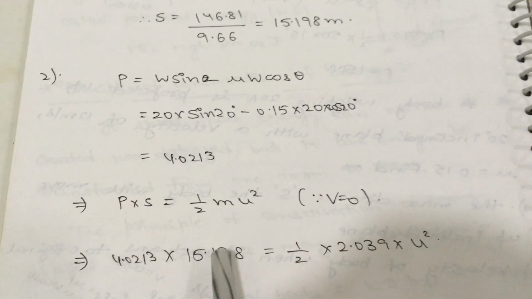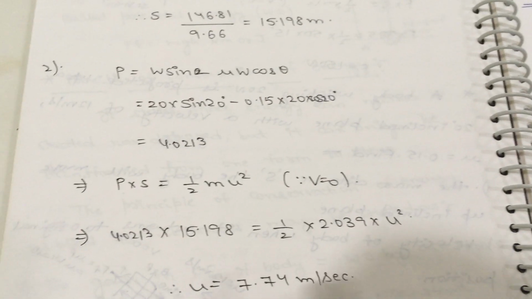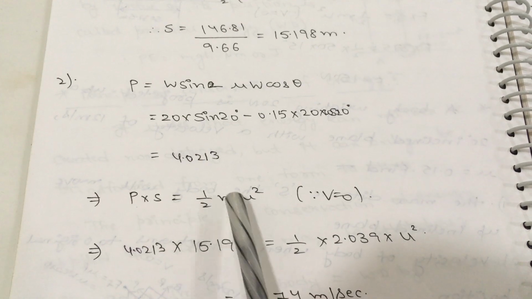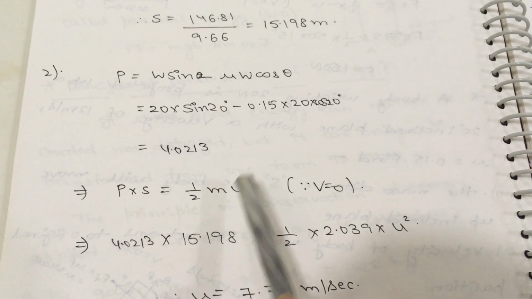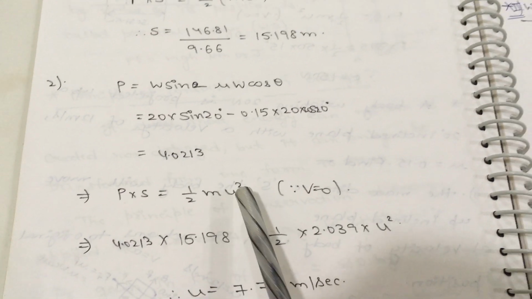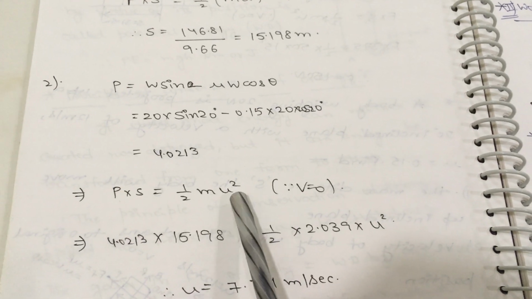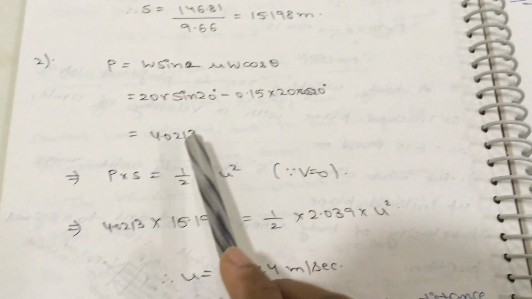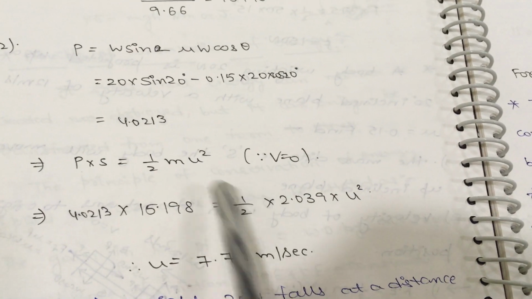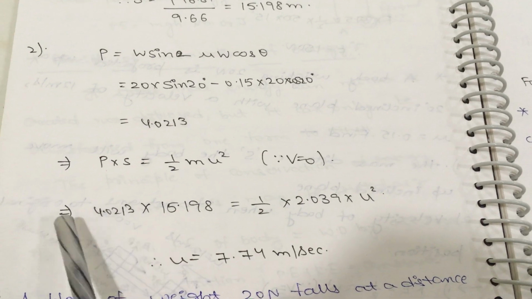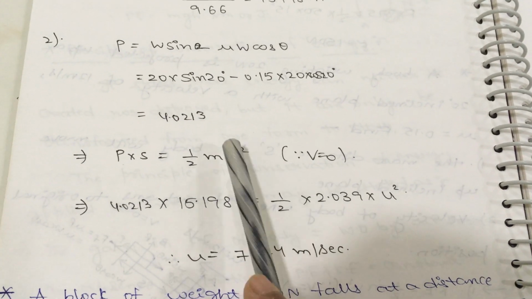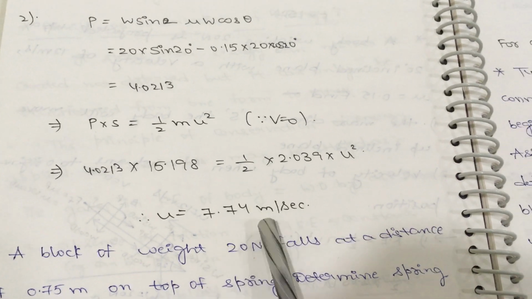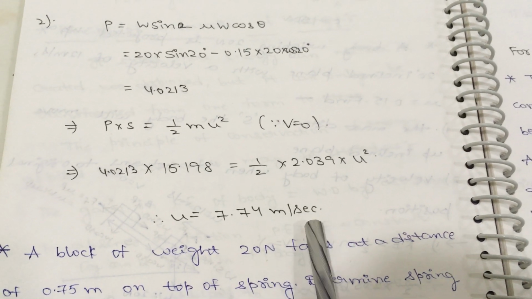And here again apply the work energy equation in terms of the linear quantities, like P into S is equal to half into m u square. In this one, make u the subject. Why? Because we need to calculate the u value in the second bit and we know the S value from the first bit. Now substitute S value and P value, and M value we can calculate from the weight value. Now substitute all the calculated values in this work energy equation and make u the subject, initial velocity value. You will get that value in terms of meter per second.